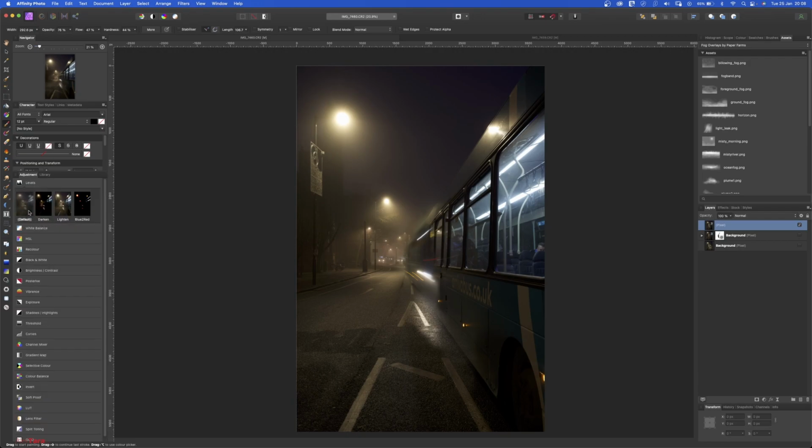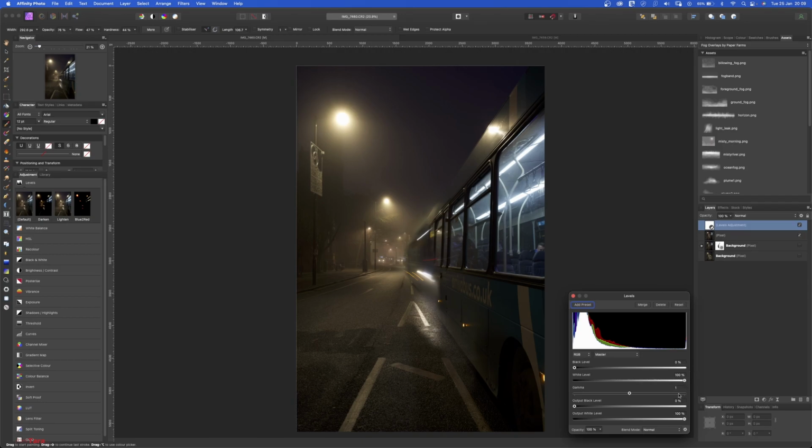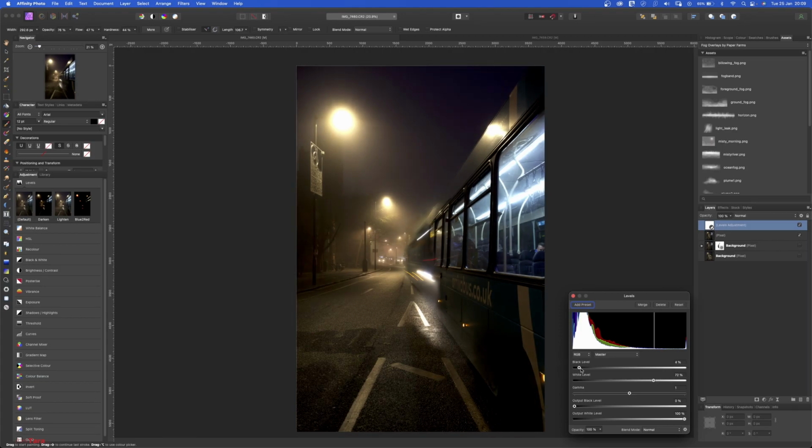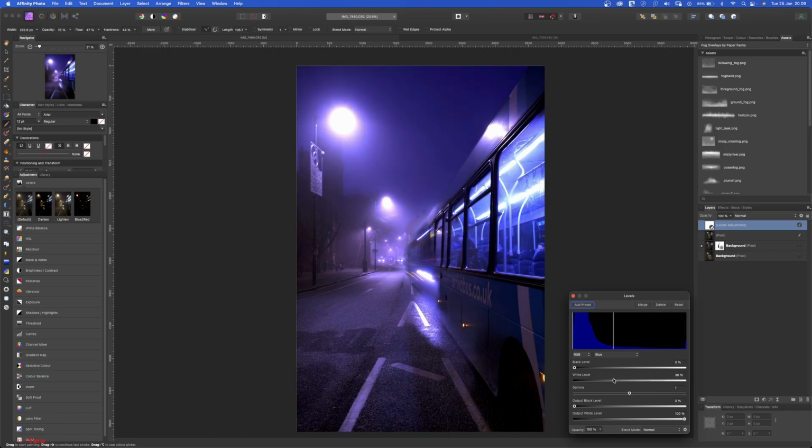levels, open the default, and I want to bring the whites like this. I want to bring the blacks a little bit. Now on the blue channel, if I bring this, I want the blues to be a little more darker, so this will give me a darker sky. Then we'll go to